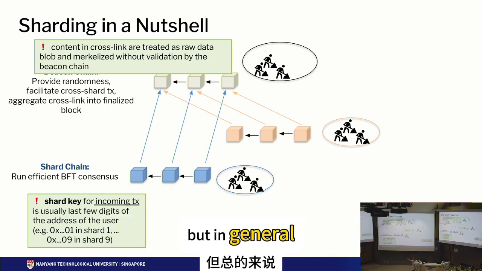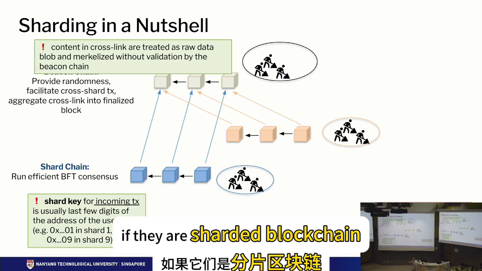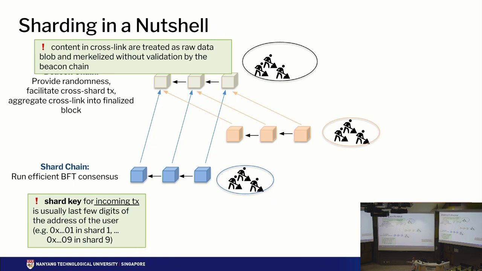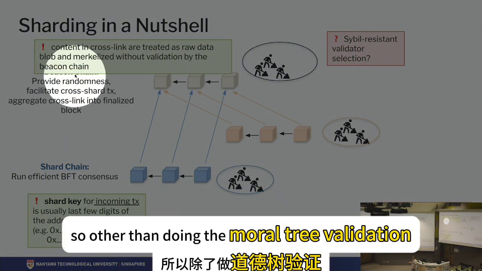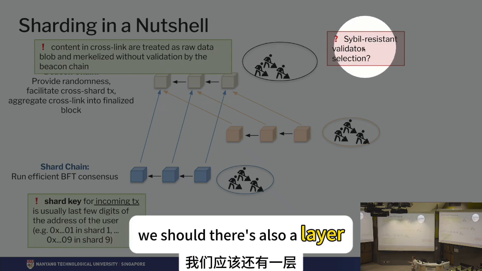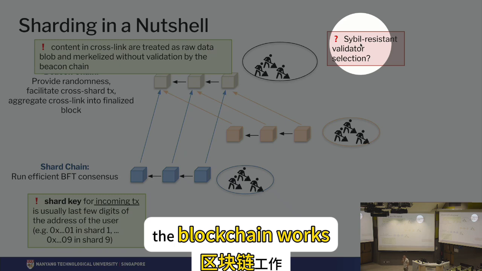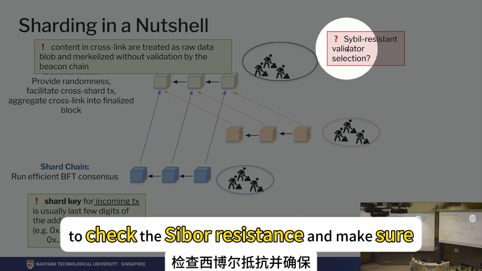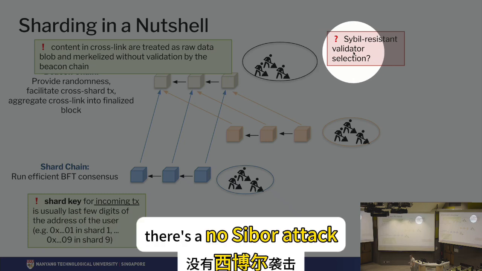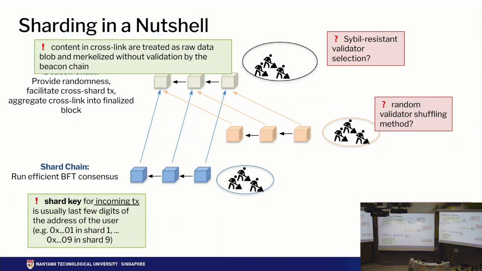But in general, here we talk about any type of blockchain. If they are sharded blockchain, which is normally a layer 1, how the whole flow works. So definitely, other than doing the Merkle tree validation, there's also a layer, as any of the blockchain works, which is a Sybil resistance layer, to make sure there's no Sybil attack during the generation of new blocks. And